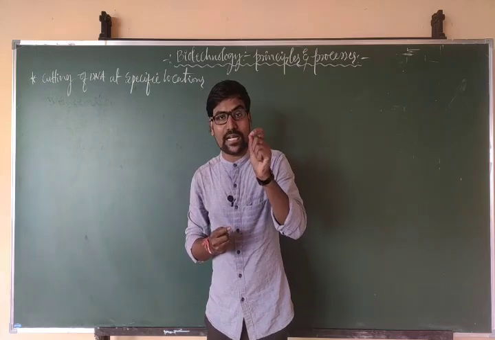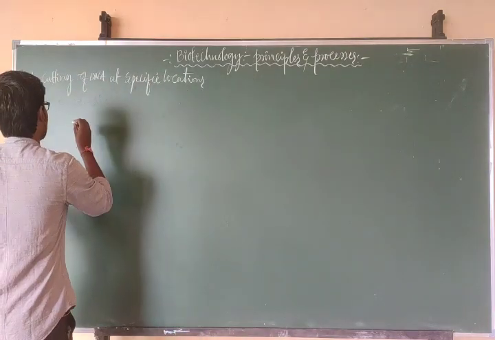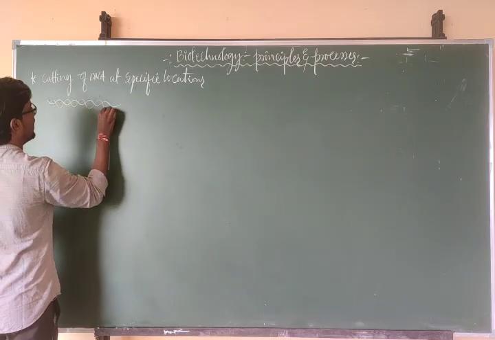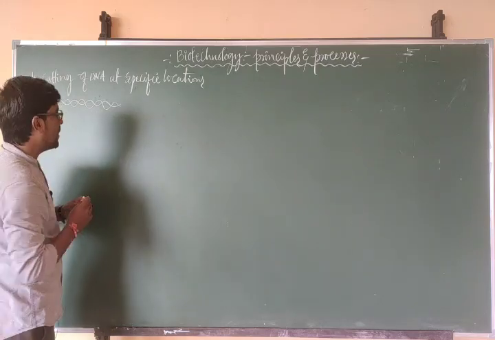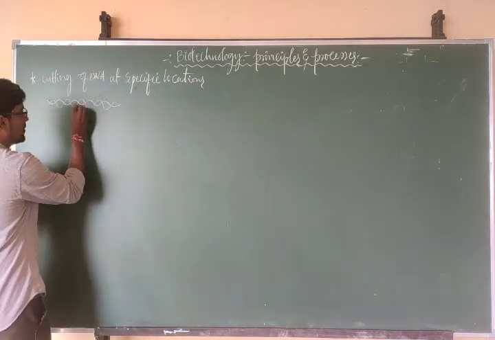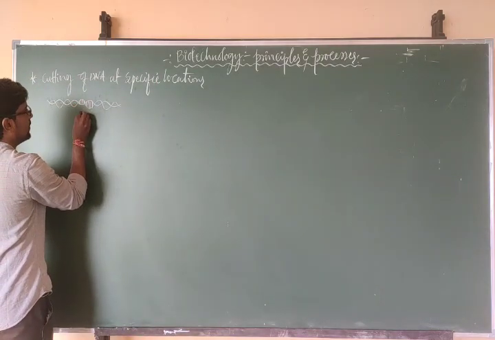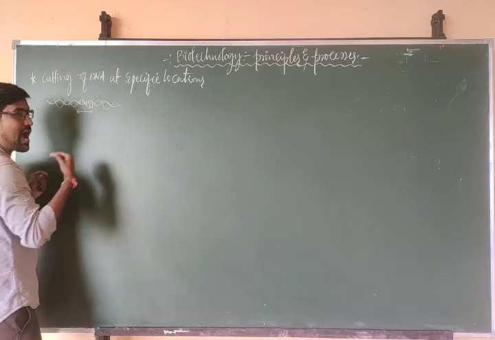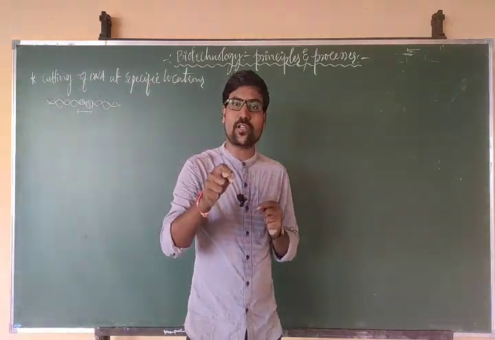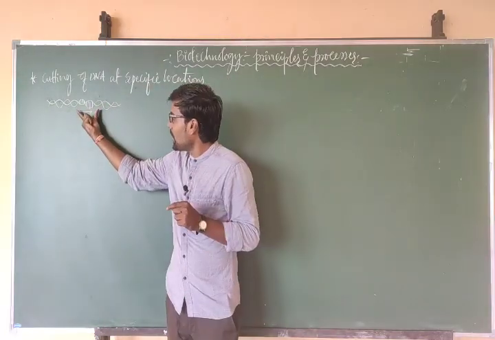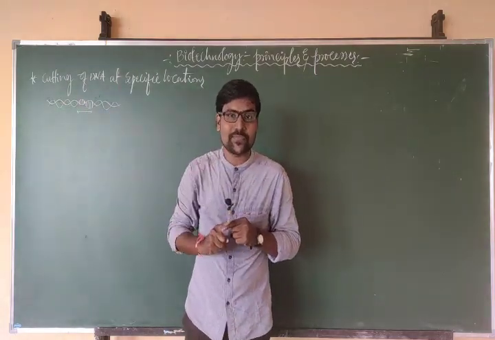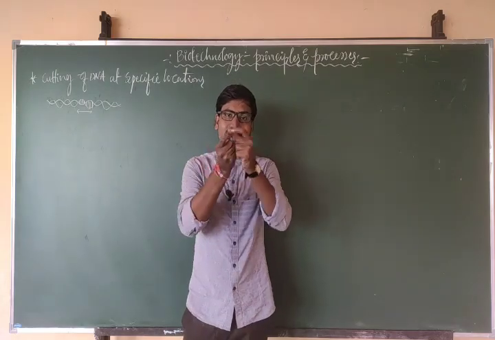But here we have to cut the DNA at a particular place. Say for example, imagine this is our DNA, the total length of DNA that we have isolated. From this DNA we need to take our desired gene. Now imagine, I am marking here, this much of the DNA piece is our desired gene, say for example, the insulin gene. Our aim is to get the insulin product from the bacteria. That means we have to take the insulin gene first, and this insulin gene is present in a healthy person's DNA. So from the healthy person's DNA, we are taking a gene outside.